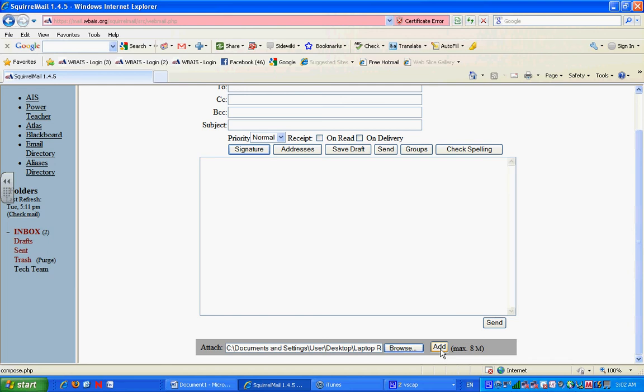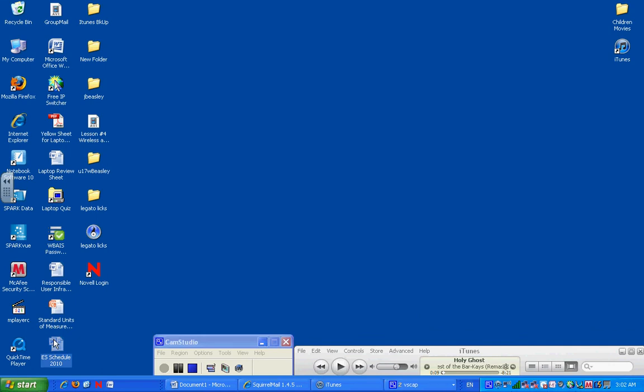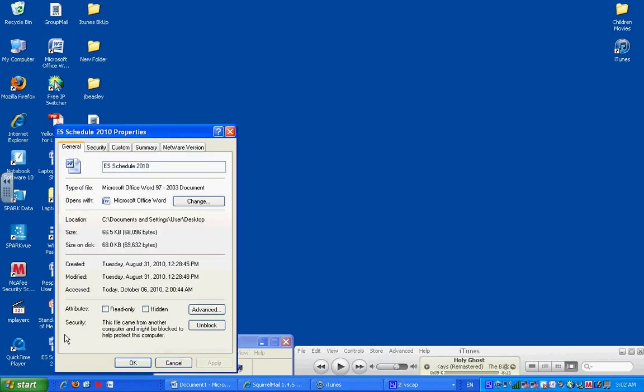Well, Mr. Beasley, how do I know how big the file is? Timmy, again with the great questions. Find the document that you want to upload, highlight it or left click it, right click it, go to properties, open it up, and you'll see on here that the size of this file is 66.5 gigabytes. I believe there's 1,000 gigabytes and a megabyte, 1,000 megabytes and a terabyte, gigabyte, and so on and so on, okay? We know it fits. So, now that that's done, we go ahead and send it out to our recipient,